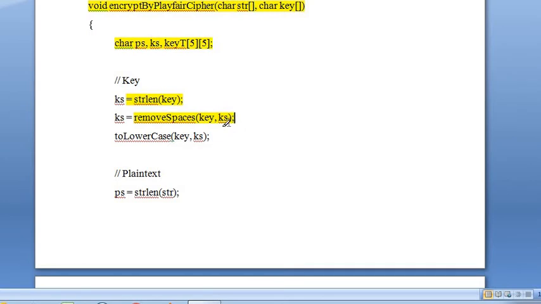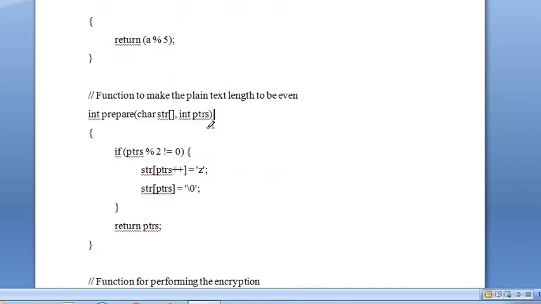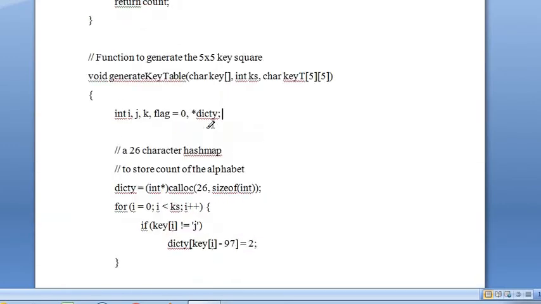So we remove the spaces of the key, and the string length will be termed ks. We need to remove the spaces, because in our example we gave only monarchy, but in some cases the key may contain two words. In that case the empty spaces can be removed so that it fits in the 5x5 grid. So the remove spaces function will be called, the function call takes place. Where is the remove spaces function? The remove spaces function is here.